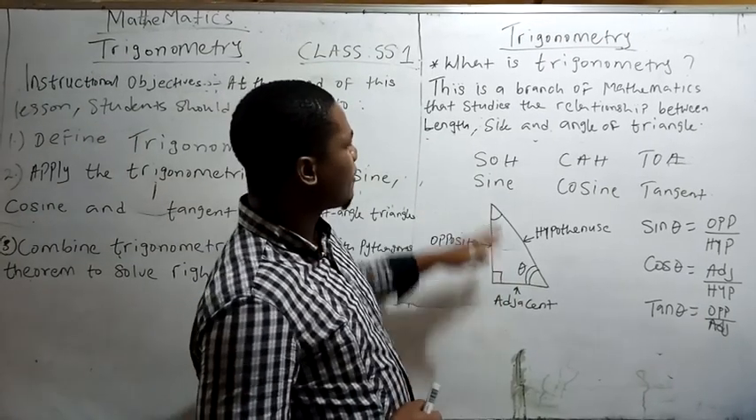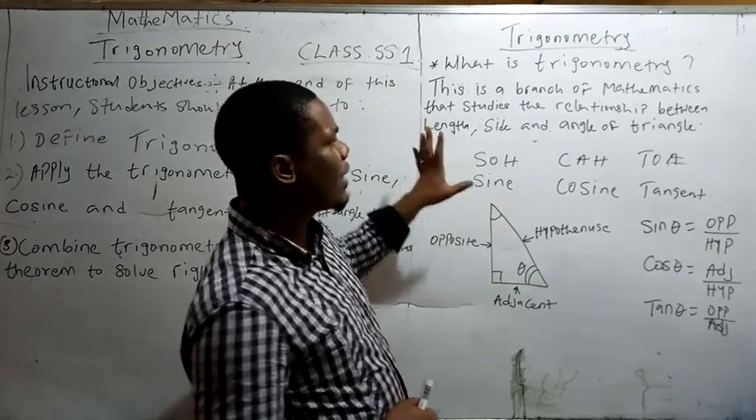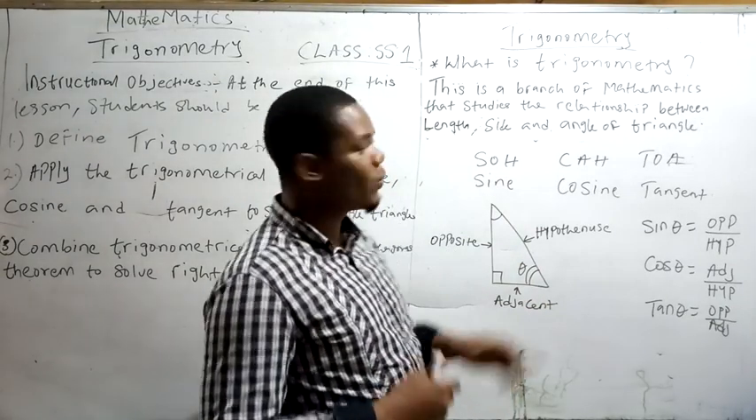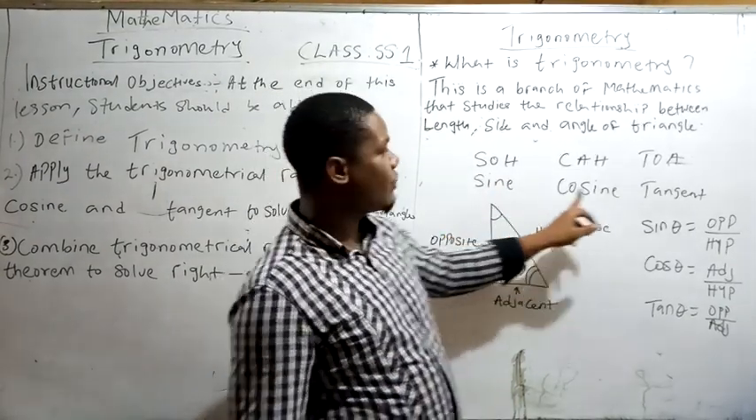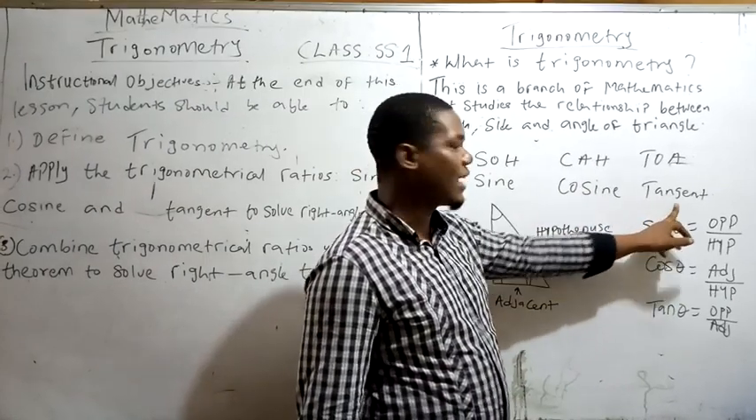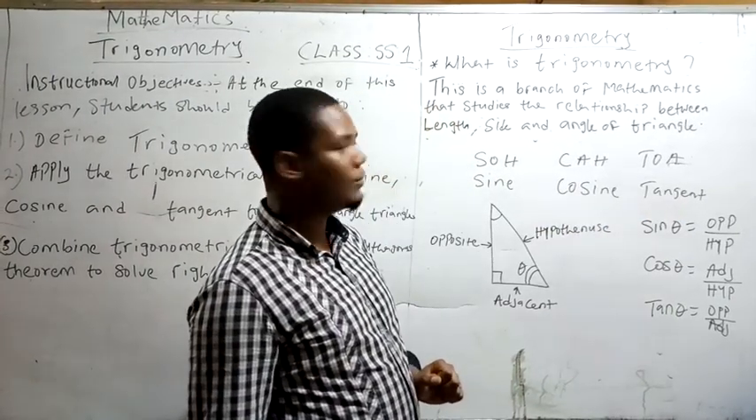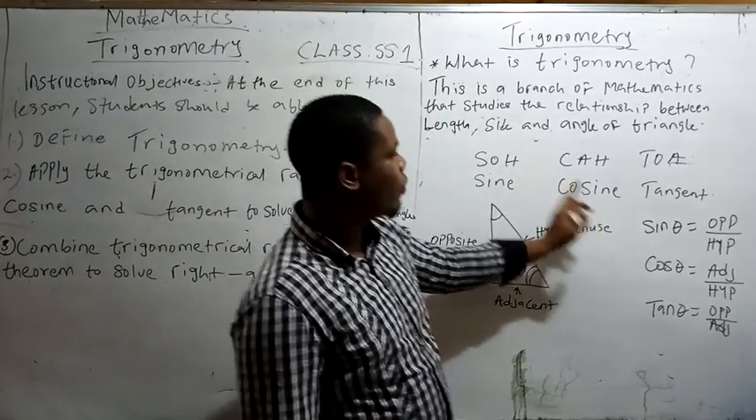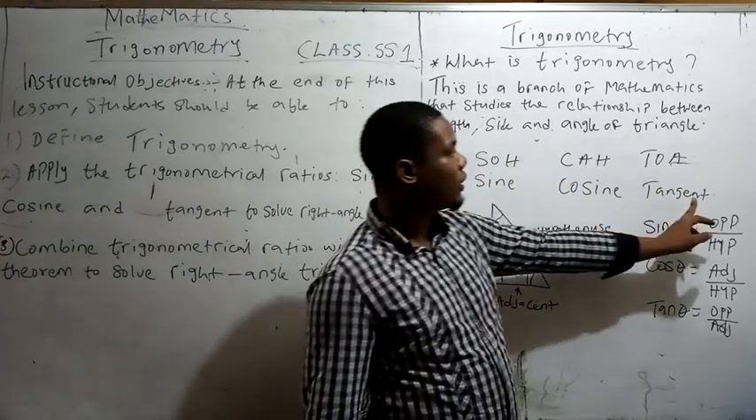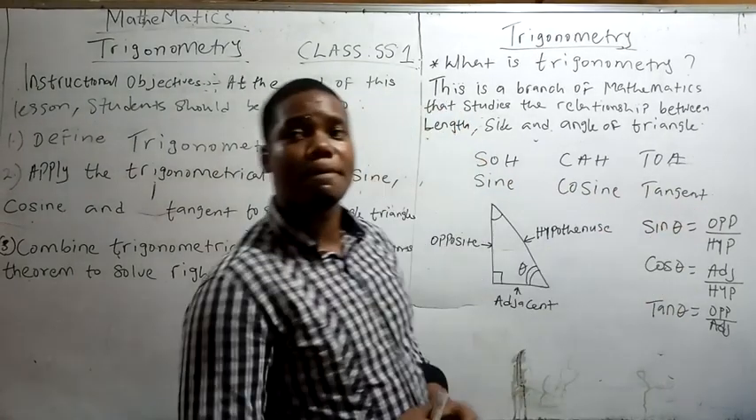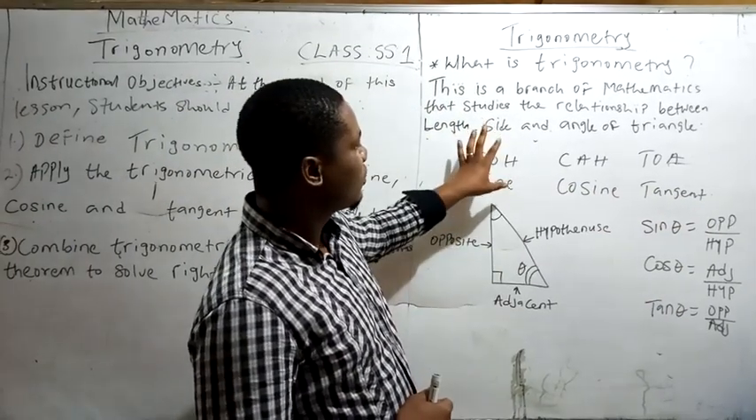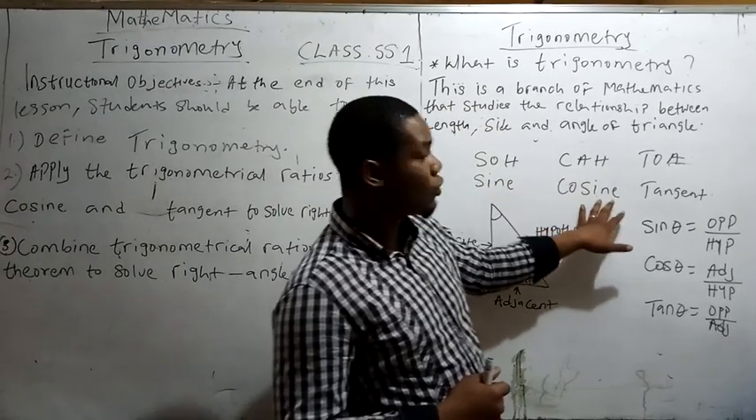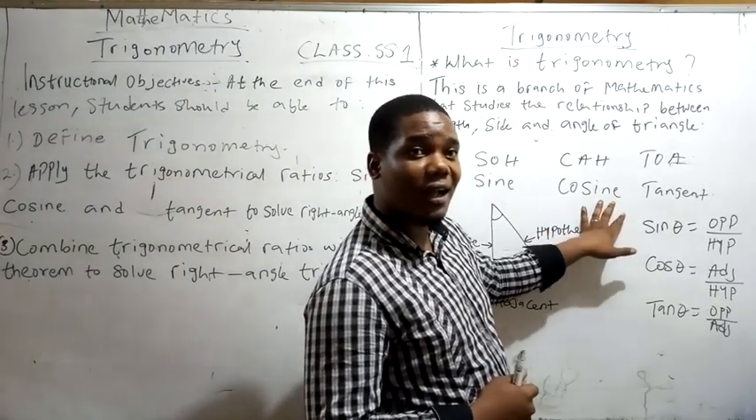Now, further, in trigonometry, we have 3 relationships. Sometimes I call them 3 brothers. We have the sine, we have the cosine, and we have the tangent. The short form for sine, we say sin. Then cosine, we say cos. Then tangent, we say tan. Having understood what is the sine, cosine, and tangent,